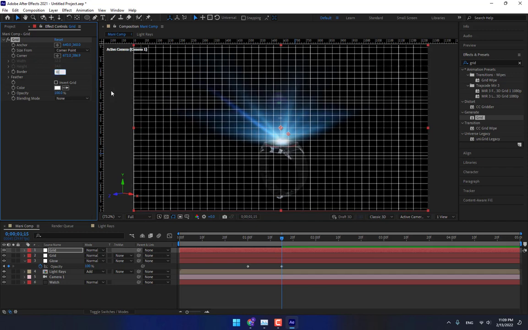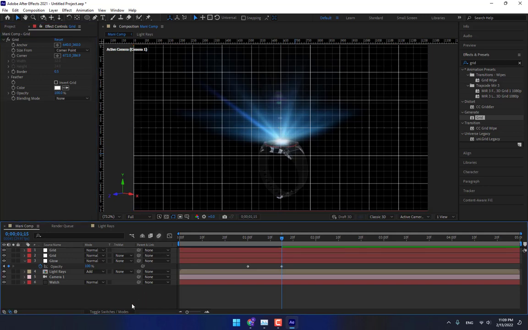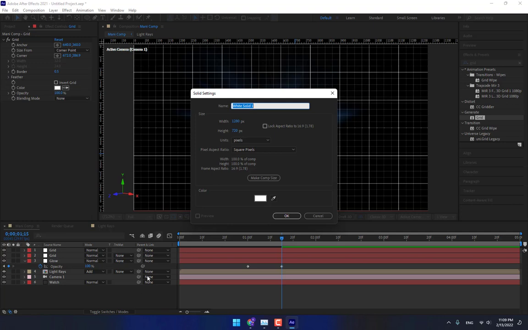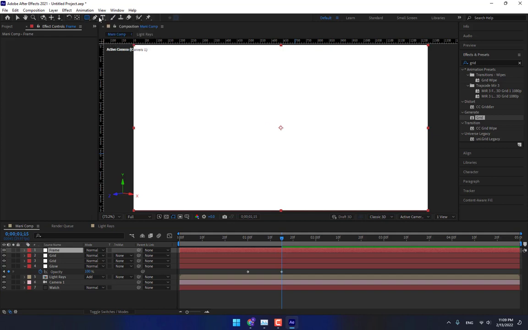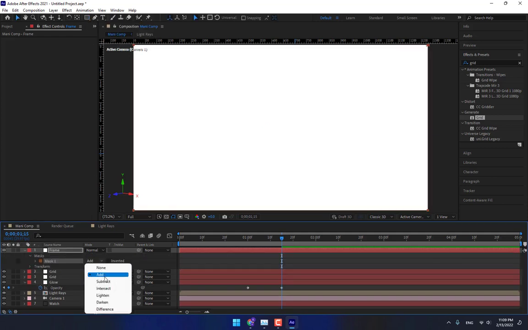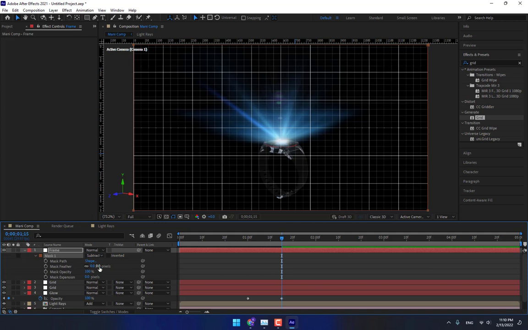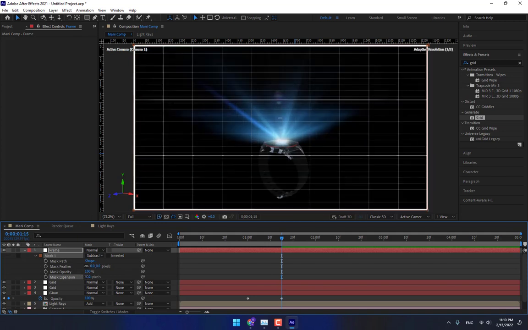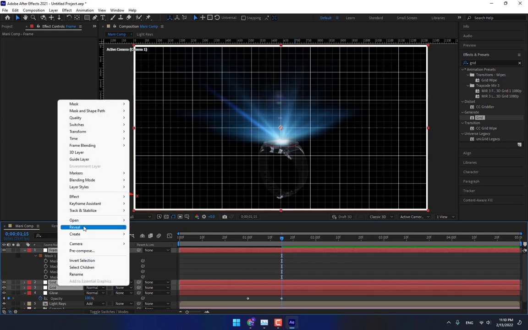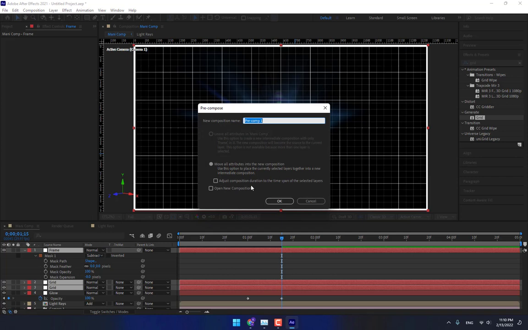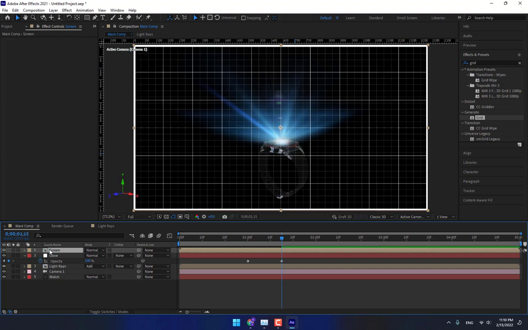and change the size 0.5 like this, and create another new solid, name it frame, and double click on rectangle and go to subtract MM. Yeah, select these 3 layers and pre-compose, name it screen, press enter